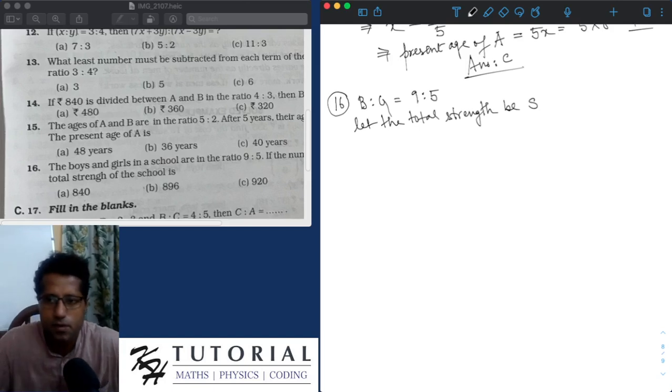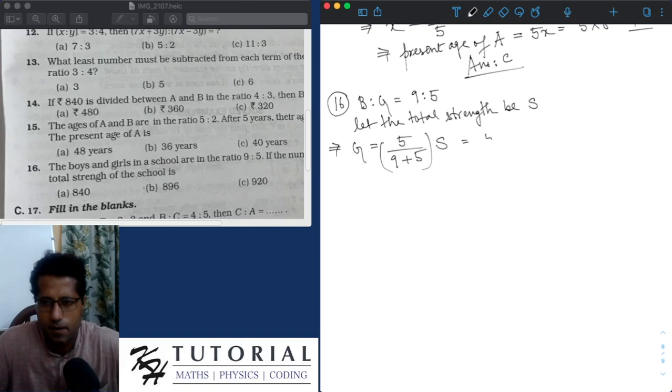So in this case, if the total strength is S, the total number of boys and girls, and the ratio between boys and girls is 9:5, then G will be 5 divided by 9 plus 5 into the total strength S. This is 5/14 into S, and this is given to be 320